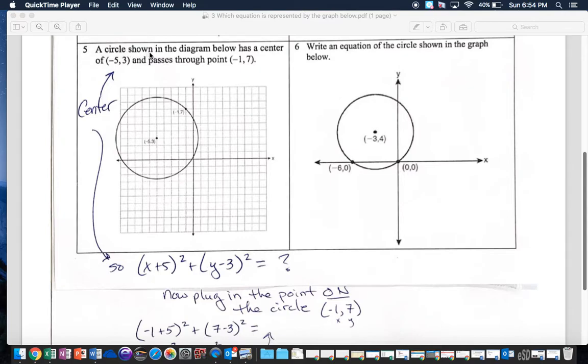So they want a circle shown in the diagram below with a center of negative 5, 3. So there's your negative 5, 3. So the second you have the center, now you know the whole beginning of the equation. So opposite signs: (x + 5) squared plus (y - 3) squared equals